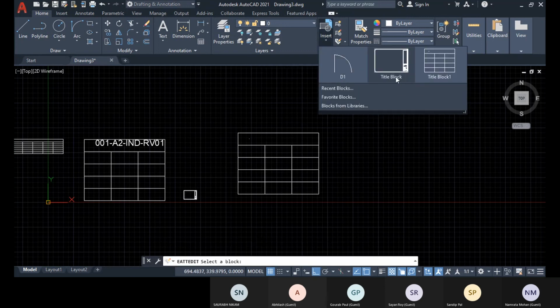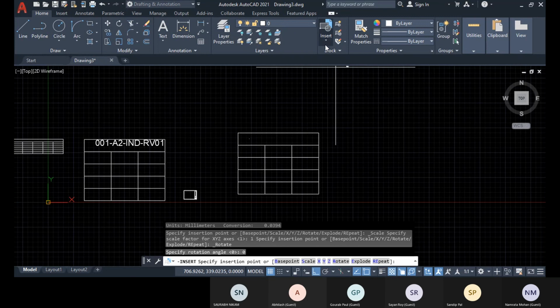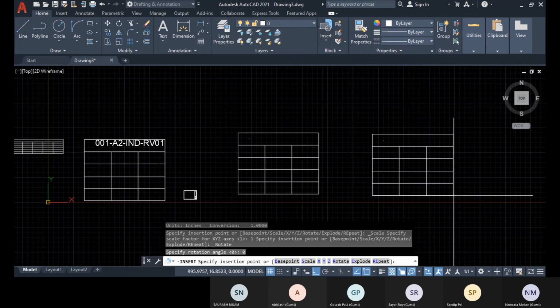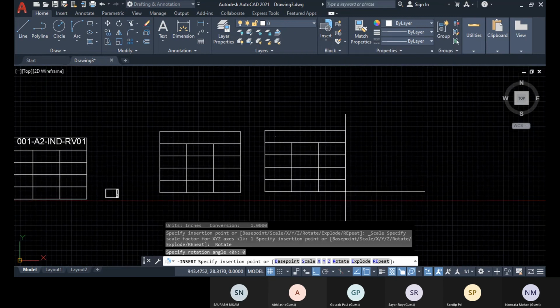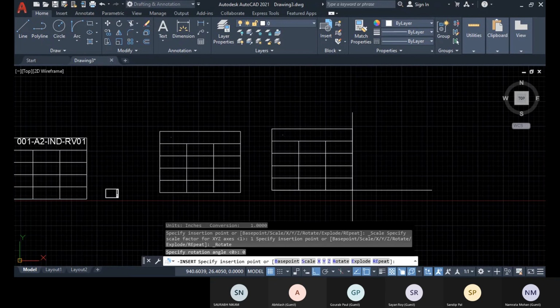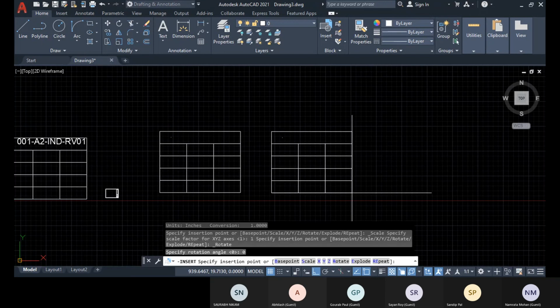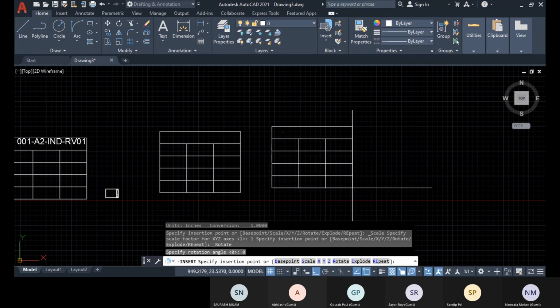So go to Insert, go to title block, and if you specify the insertion point, the editing options you will now get within this command line window. The edit attribute window will not pop up again. All the options will be visible within this command line window.